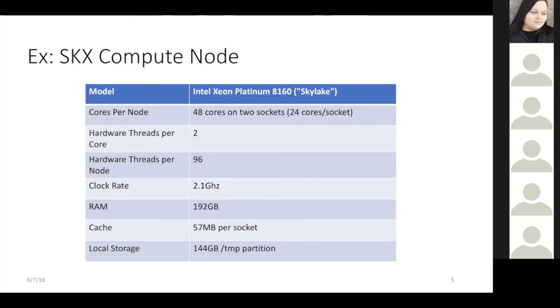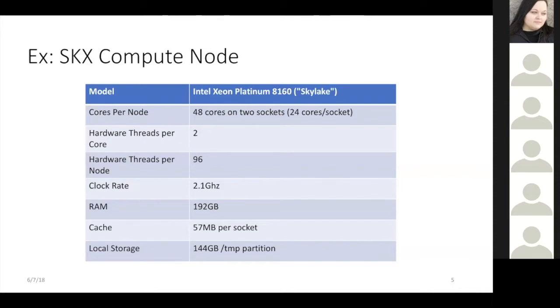Each node has a variety of cores available. The way this is divided is that each node on the Skylake system has 48 cores. Each core is capable of handling 2 threads, so basically you can run 2 tasks per core if desired.